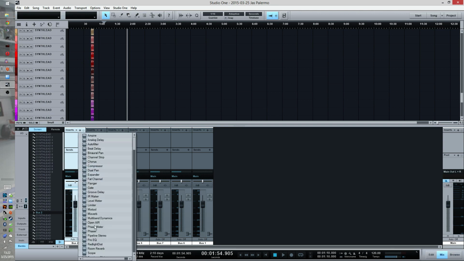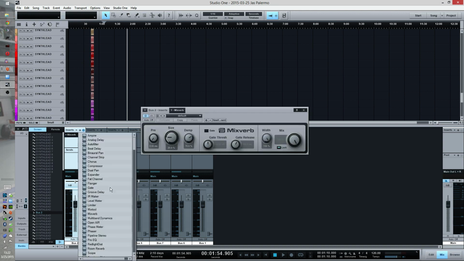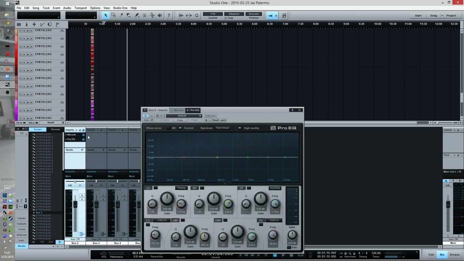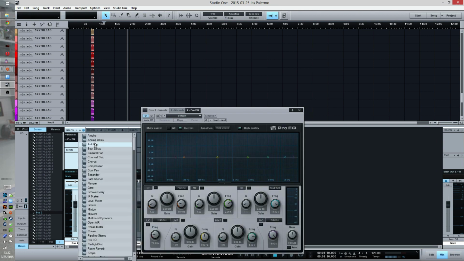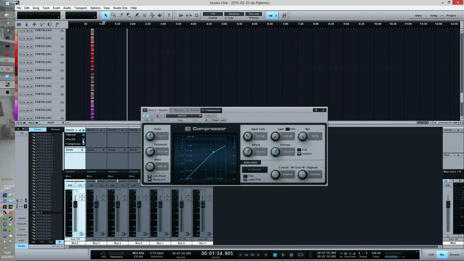So let's just use these because these are what you get free. You said you need reverb, and you said you need Pro EQ. You might have to pay for them, but you figure it out. You just get free VSTs. And then, I mean, you're going to want maybe a comp. So you can just go here. You can change all your settings as you need. You can store the FX